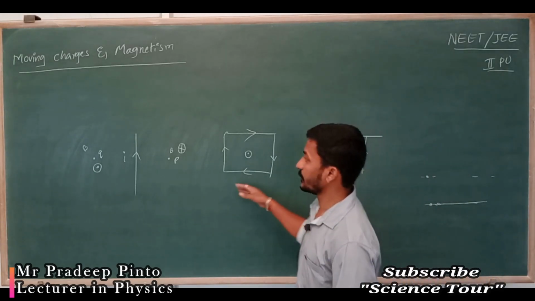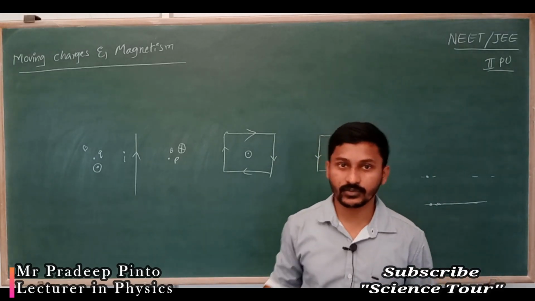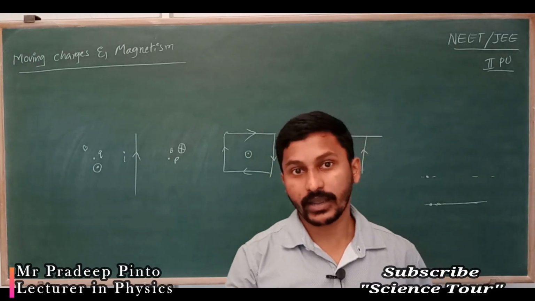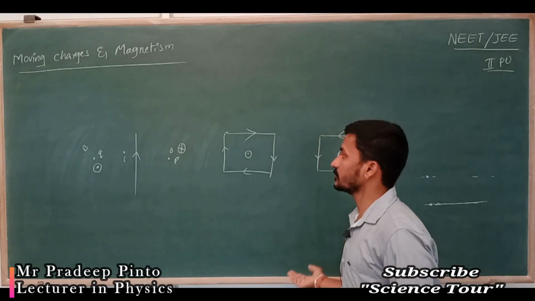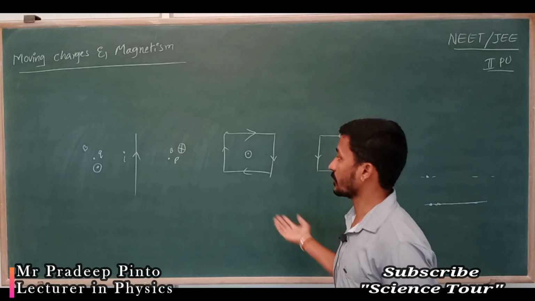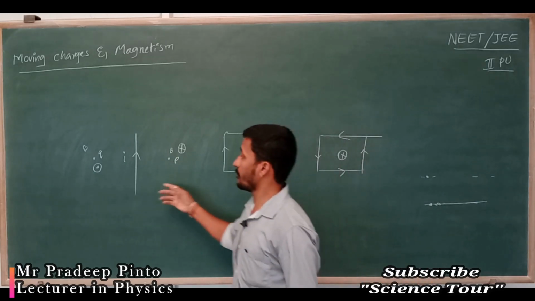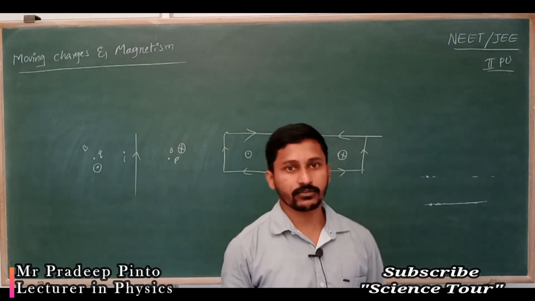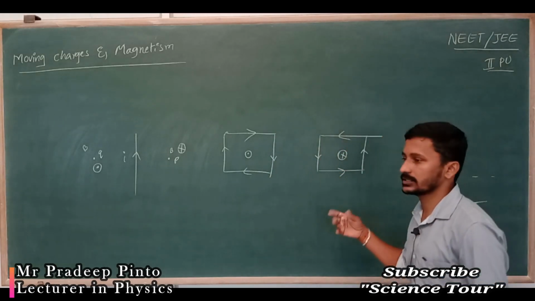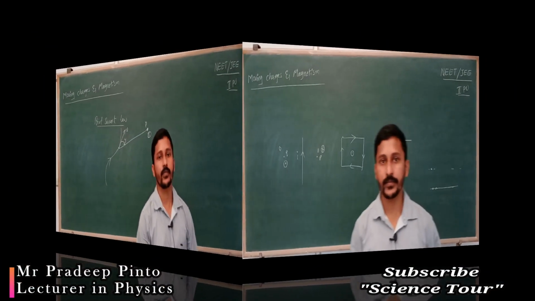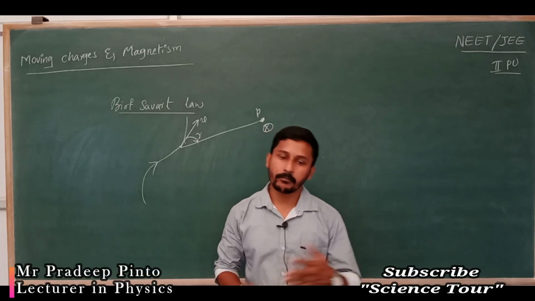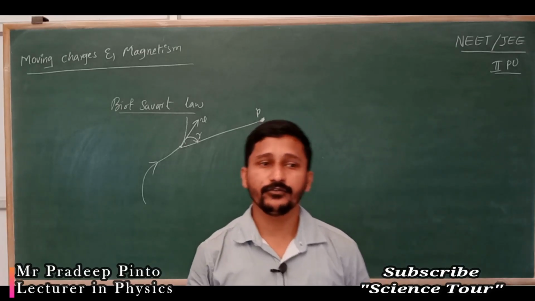So this is what we were discussing, the magnetic field. We know that a moving charge creates its own magnetic field, and now we have found the direction. The magnitude and the formulations we have to learn later, but these directions are very important. Now we want the magnitude of the field.